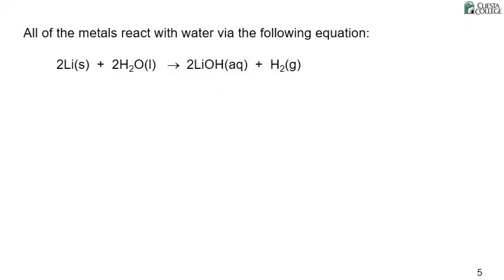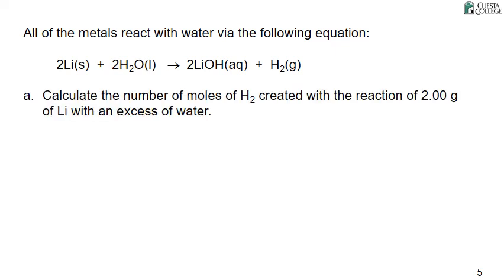In order to debunk the internet myth, we can look at how much hydrogen gas forms from each of the metals that was involved. We'll start with lithium. We can calculate the number of moles of hydrogen created with the reaction of 2 grams of lithium, because the Brainiac video says they started with 2 grams of the rubidium and cesium. Starting with the 2.00 grams of lithium,